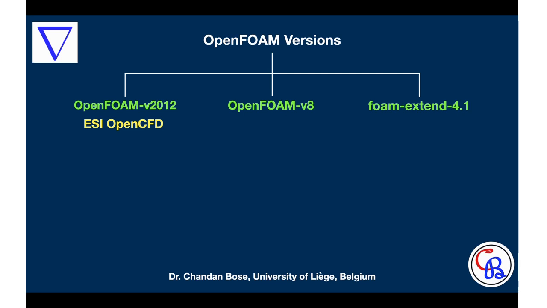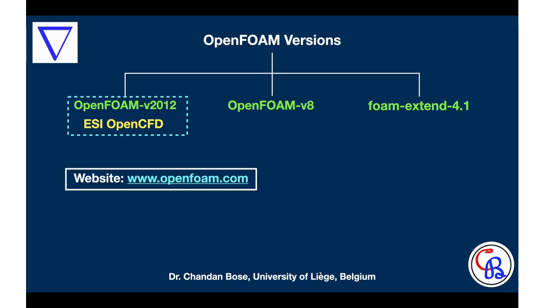Once you are equipped with the Windows subsystem for Linux, you can install any of these 3 versions in your Windows operating system. However, in this video, we will be focusing on the ESI OpenCFD version, OpenFOAM version 2012, and I will show you how to install it through Windows subsystem for Linux. The first step is to download the source code of this version, and the dedicated website for the ESI OpenCFD version is